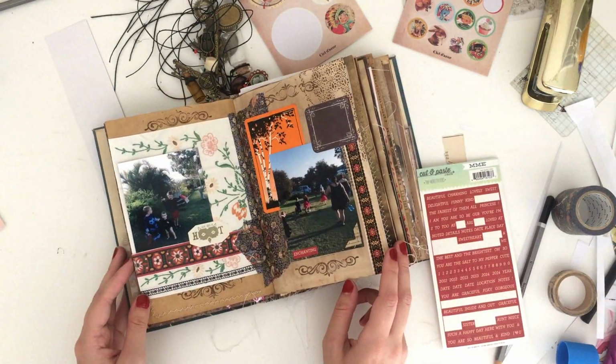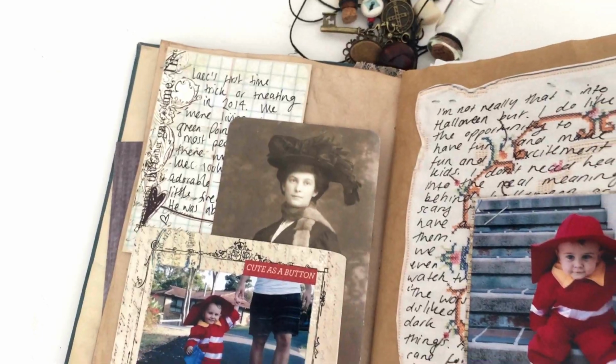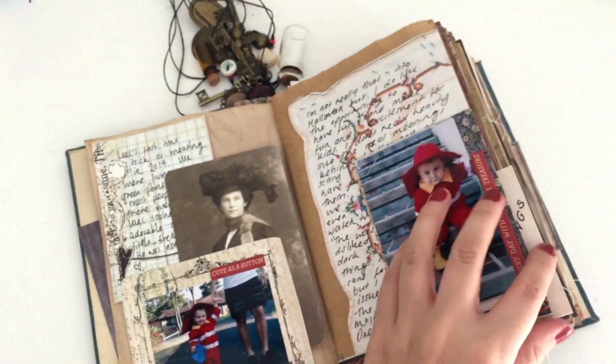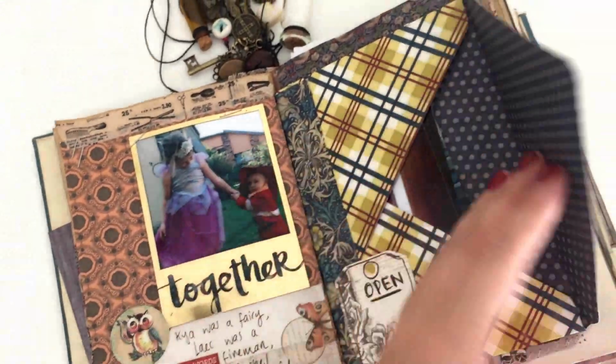So the hand lettering at the front that says Happy Halloween is completely copied off Pinterest. I just copied it, like looking at it, and tried to copy it as best as I could in a more simplified version. So I can't take complete credit for that, but I just wanted to do some hand lettering